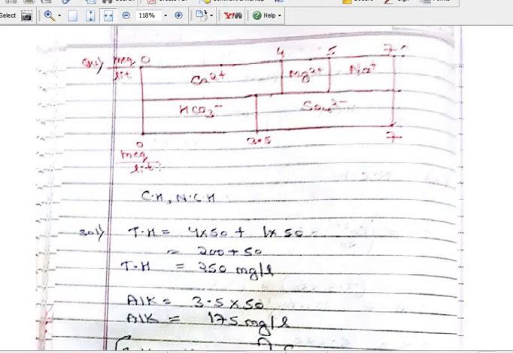And at the bottom, you can see this is 0, this is the center, 3.5, and then 7. So bicarbonate is 3.5 milli equivalent per liter, and sulfate is 7 minus 3.5, so again it is 3.5 milli equivalent per liter. Sulfate is not our interest, only the bicarbonate. So you have to determine the carbonate hardness and non-carbonate hardness.